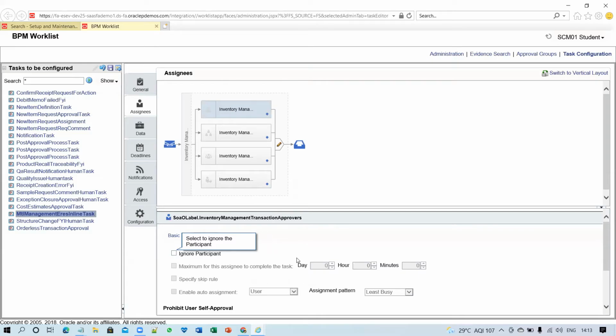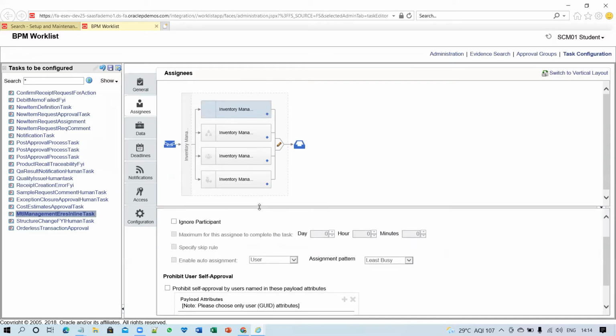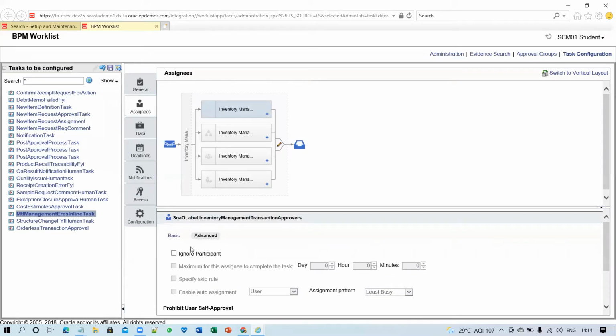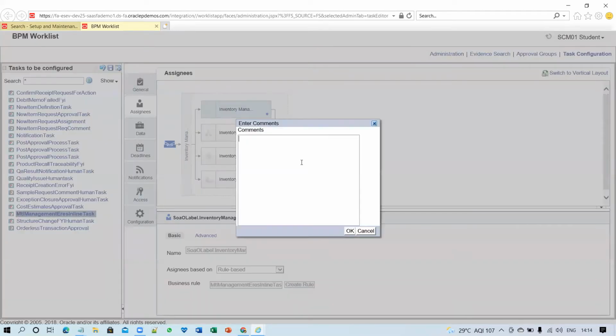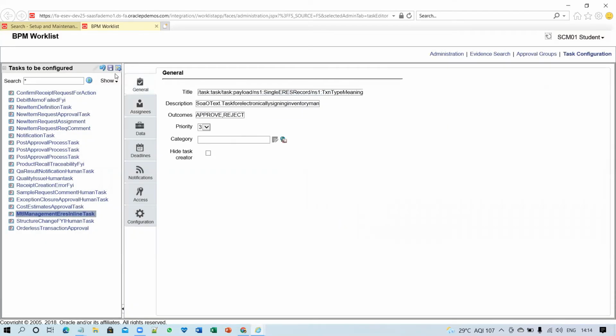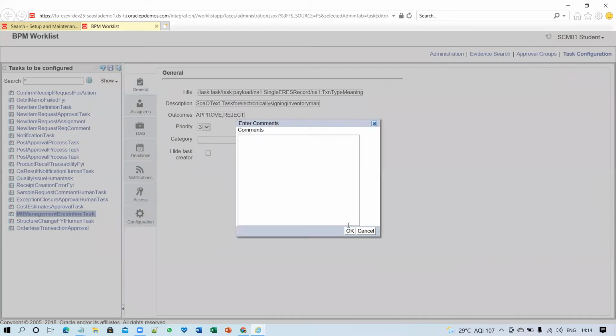What is happening is that the approval is taking place, but it's ignored completely because this flag is enabled. Now we have validated. Now click on basic and we'll try to save the record. Click on OK and we'll try to commit again and we'll see.